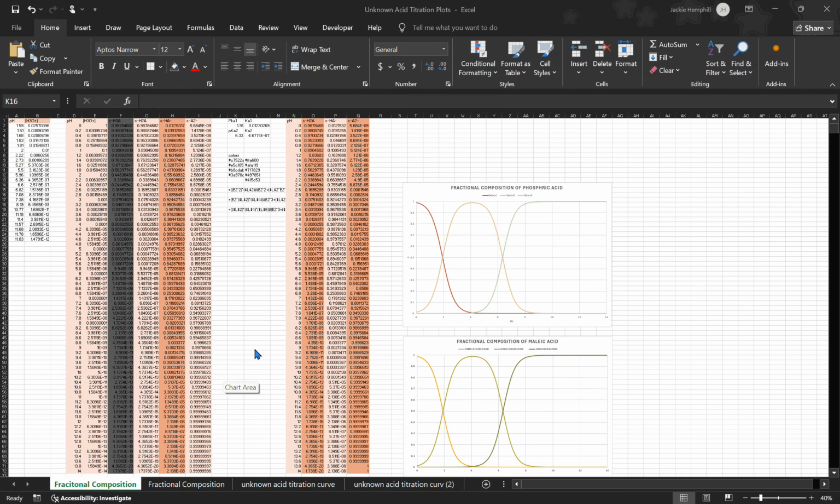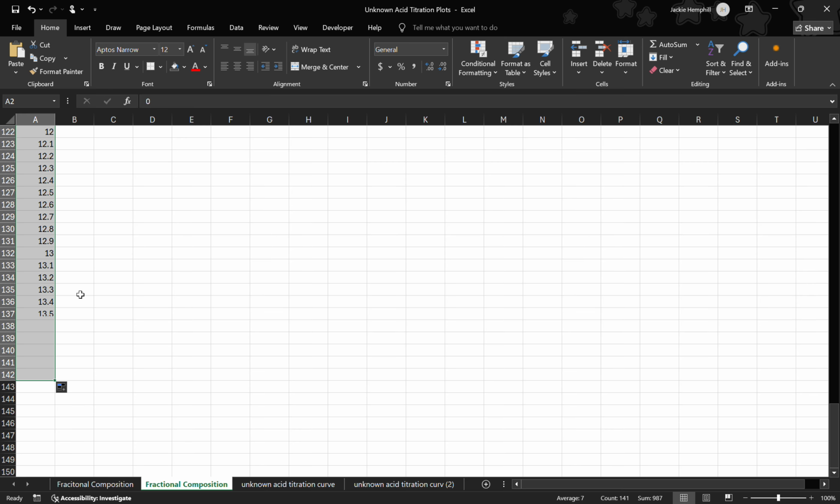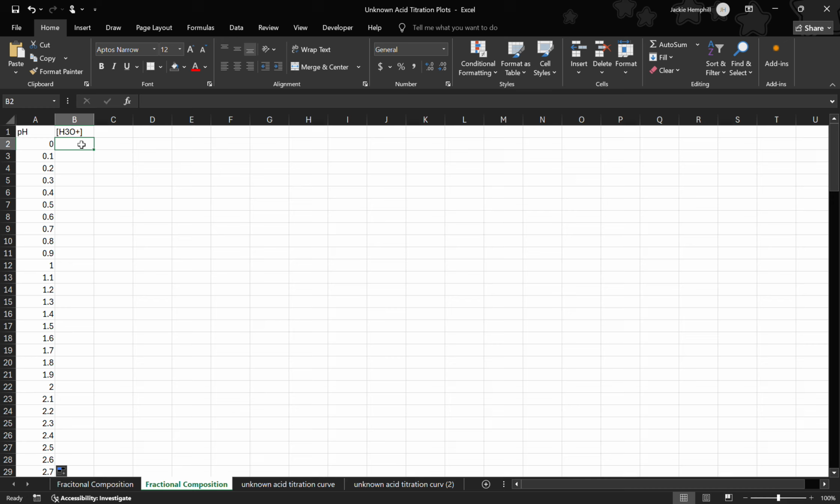I'll be showing you how to make this kind of graph for a diprotic acid. So first I'm going to label my axes, or my columns, H3O plus, and my pH. For pH, I'm first going to do just a few of these to get this pattern started, and then I'm going to go down until my cursor says 14, a little high. Then I'm going to go back up here, and I'm going to type in here 10 to the negative